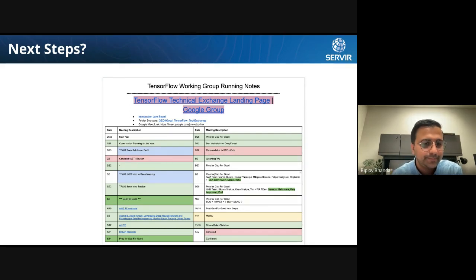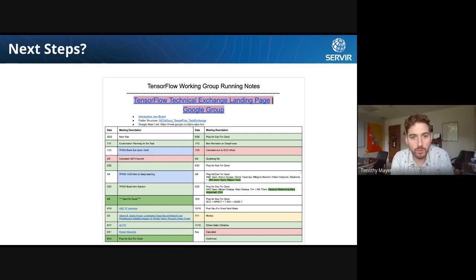So we basically got 4 weeks or 4 opportunities in this TensorFlow working group between now and the Geo for Good event to really ramp into what we want to talk about at that data science exchange. And I know Mary and Mansoor, we've been talking about starting to refine a question that's going to be part of this exchange. So this could be a great vehicle to identify what's really valuable, and then solidify a team around it as well. And all the other hubs who participate are really interested in sharing their methodologies and growing together.